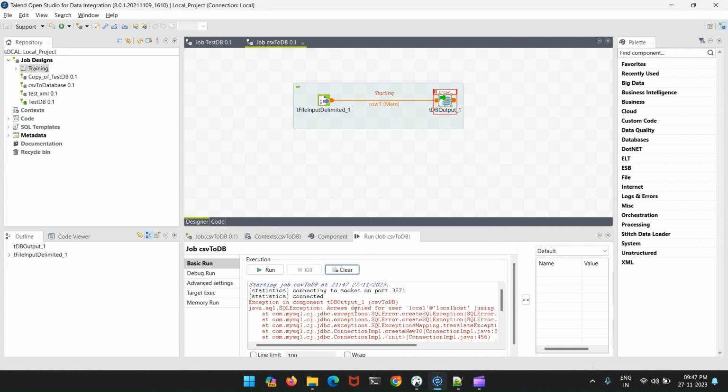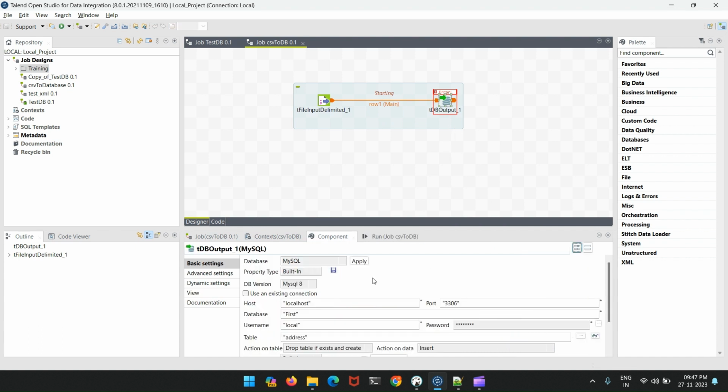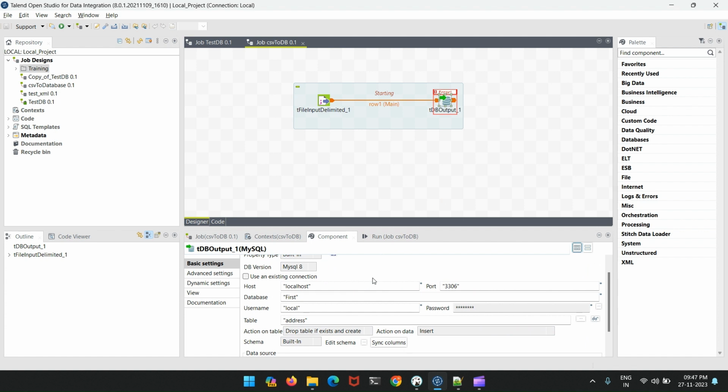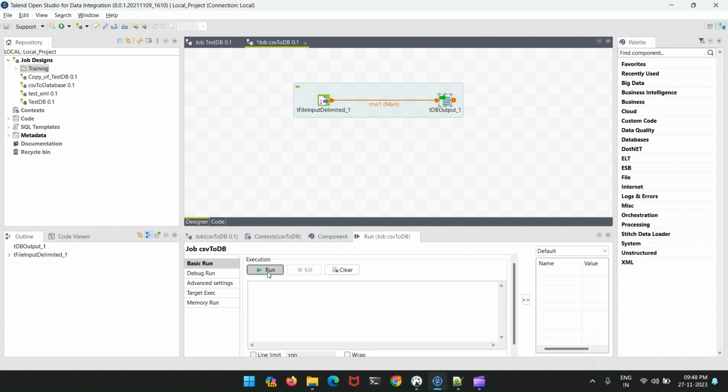We encountered some error. It means we have some DB issues here. So let's see what is there. We have localhost, first, local, address. I think I did not give the password. I'll give a password. Yeah, after giving the correct password, I see all the